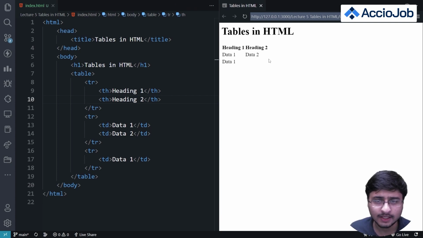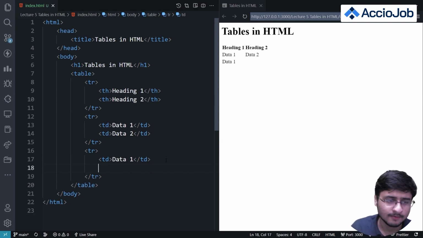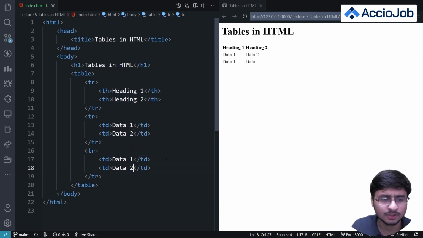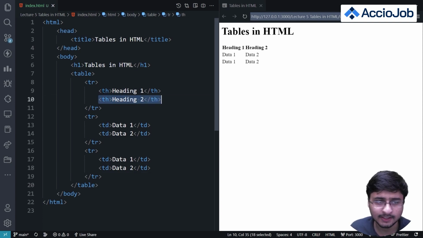So there is no way I can add directly here, I have to use that, right? So for example, if I add an empty table data tag here, and then name it data 2, it comes below the corresponding heading tag. So this is the second table heading tag in the corresponding row, and this is the second table data tag in the parent row. So it comes below this heading. So this is how tables work in HTML, right?